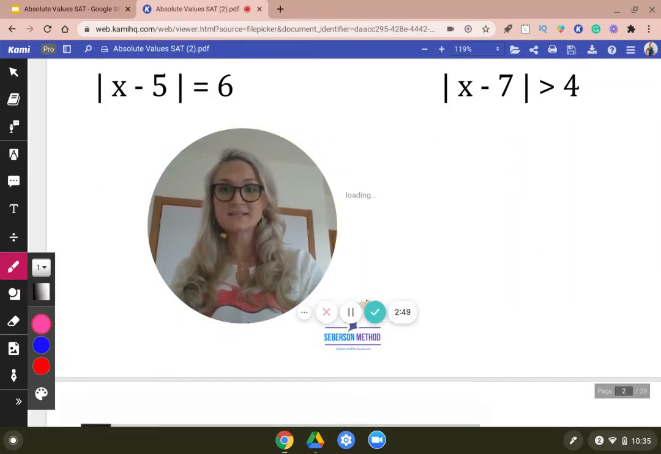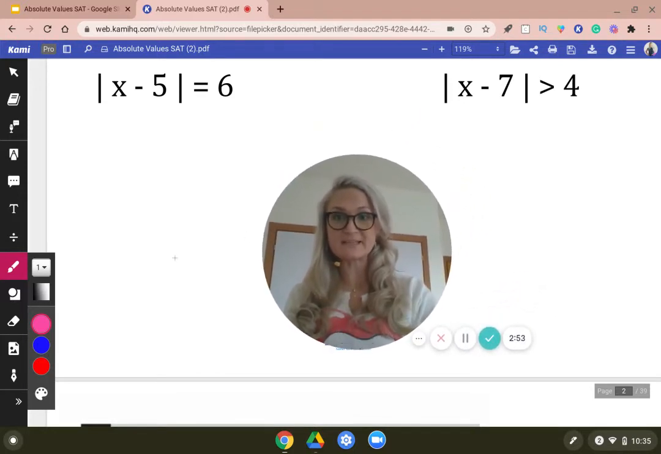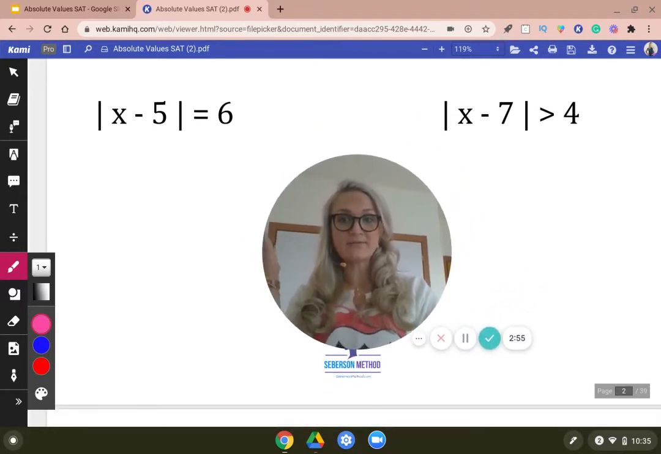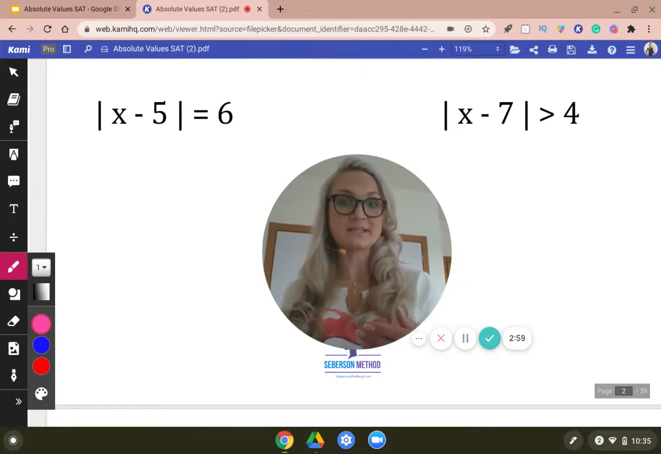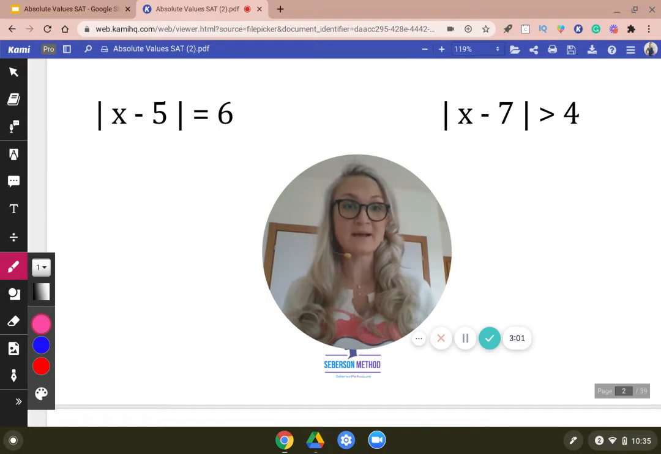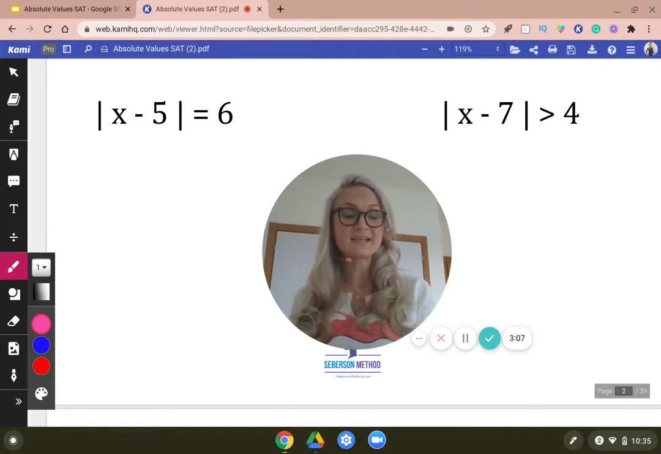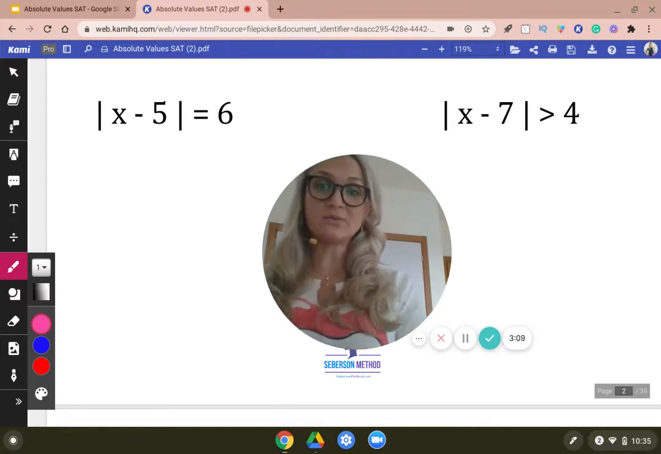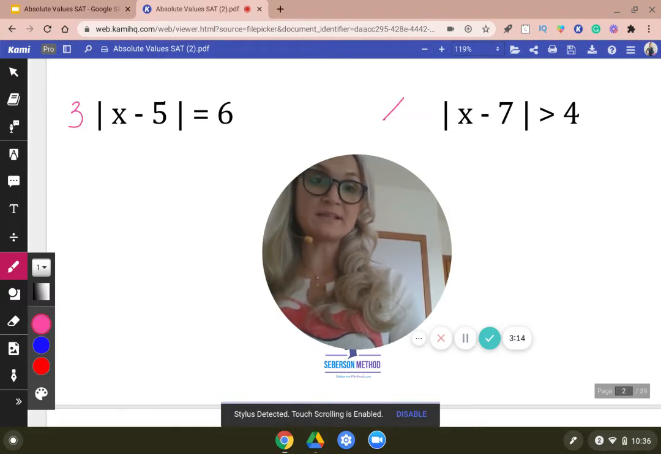First slide is just two basic absolute value problems. On the left, we have an absolute value equation. The reason we call it an equation is because there's an equal sign, and on the right, there's an absolute value inequality. The SAT would usually not give you something as easy as this. They would usually give you coefficients. Maybe there's going to be a 3 in the front, or maybe there's going to be like 4 plus or